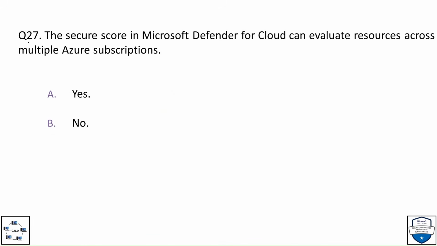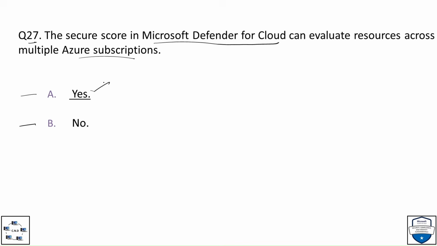Question number 27. The secure score in Microsoft Defender for Cloud can evaluate resources across multiple Azure subscriptions, and the options are option A, yes, and option B, no. And the correct option is